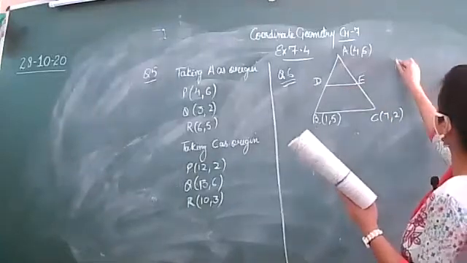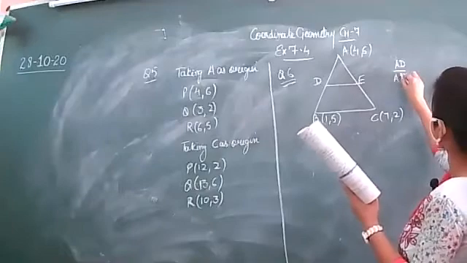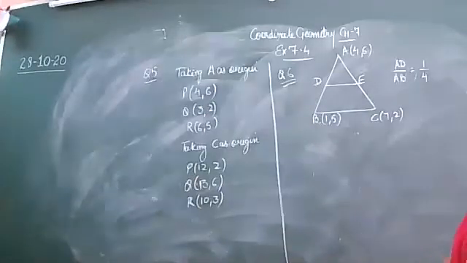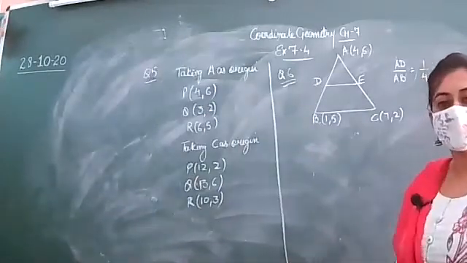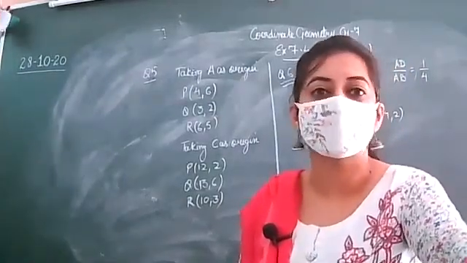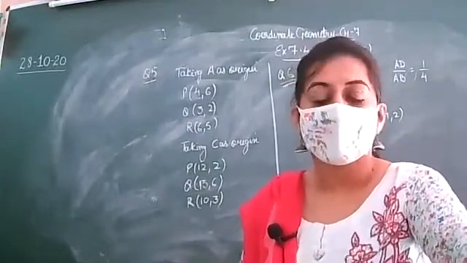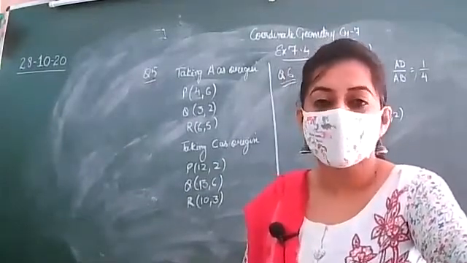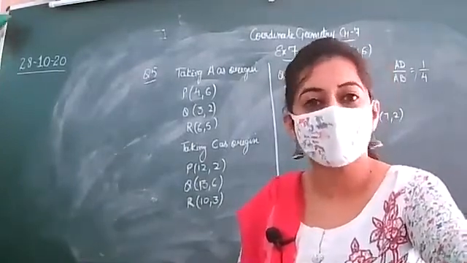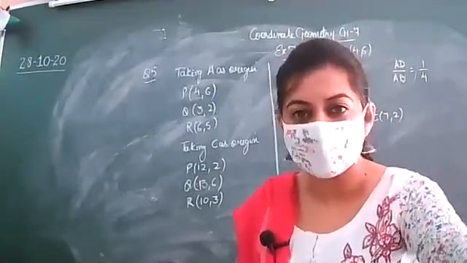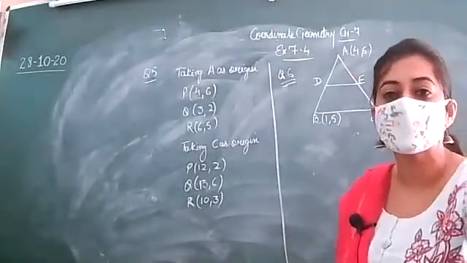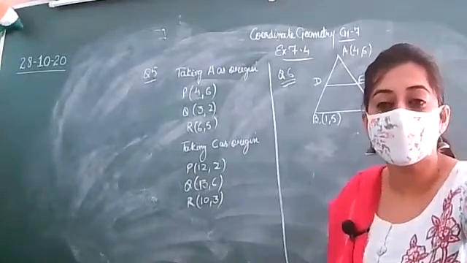Here you can see that the ratio AD upon AB is given as 1 by 4, that is 1:4. Listen to me carefully. In previous classes, whenever a ratio was given, for example, if the ratio of the ages of two persons is 2:3, how would you remove the ratio? Let the ages of the two persons be 2x and 3x. We did it like this in previous classes. So the ratio can't be removed directly. You have to introduce a constant, a variable.